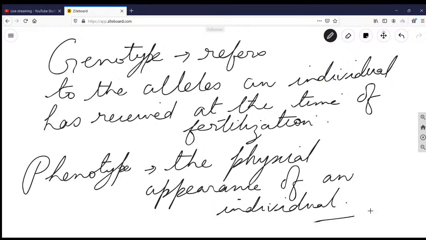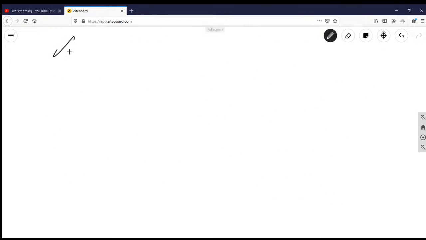So let's do a cross now, known as the Punnett square. A very simple cross, let's do a monohybrid cross. Mono means one character, hybrid means you are crossing, going for fertilization. You will see the probability or chance events. So let's talk about a monohybrid cross.